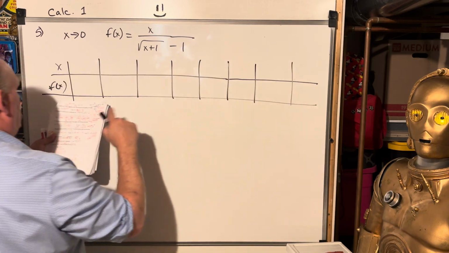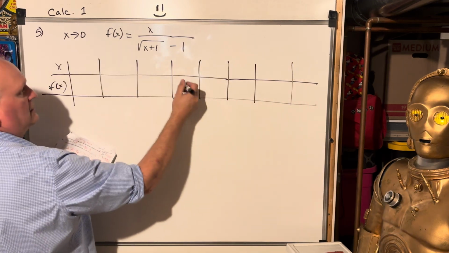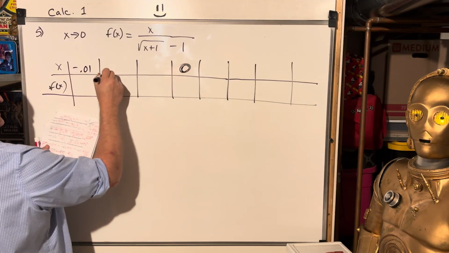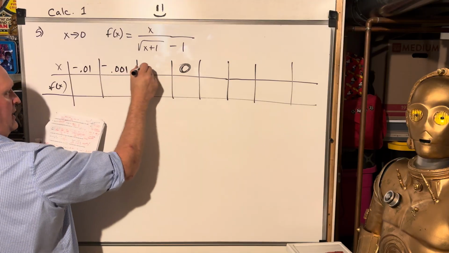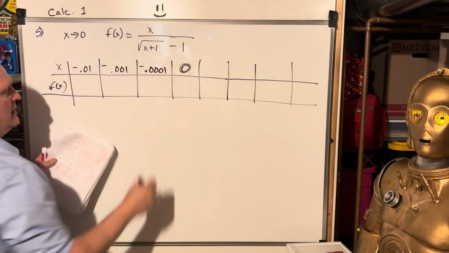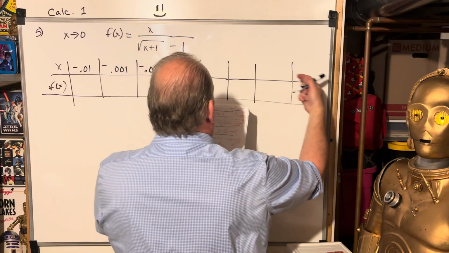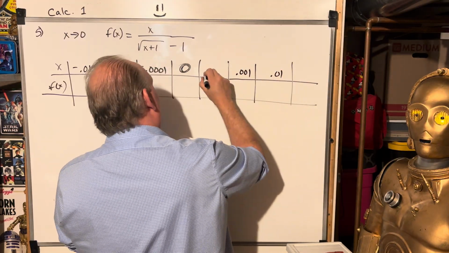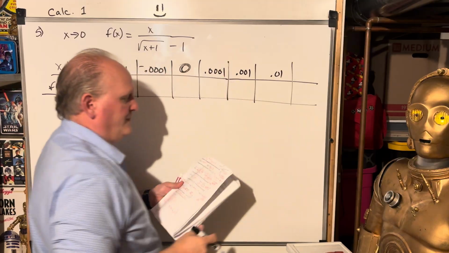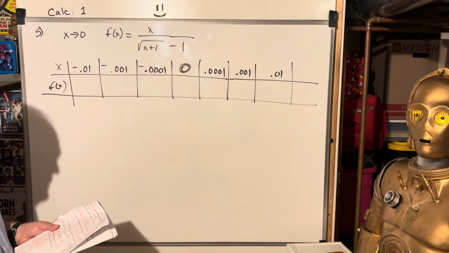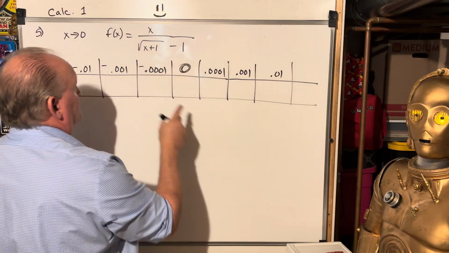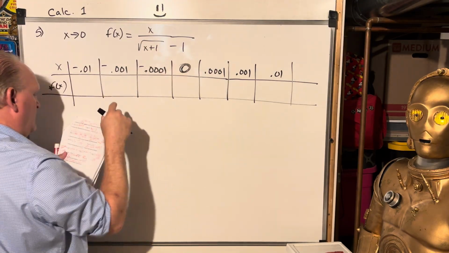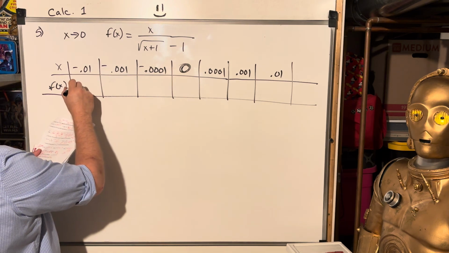and we're closing in on 0. From the left, that's like negative 0.01, negative 0.001, negative 0.0001. And then from the right, that's like 0.01, 0.001, and 0.0001. And then you sub those in. So you're putting that in your calculator, figuring it out, and it's spitting out